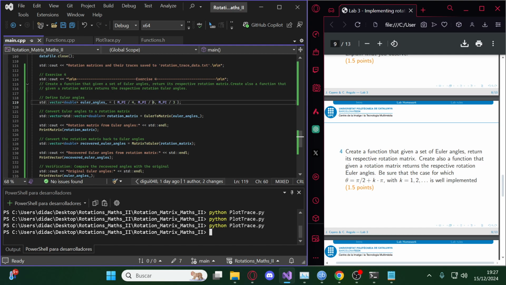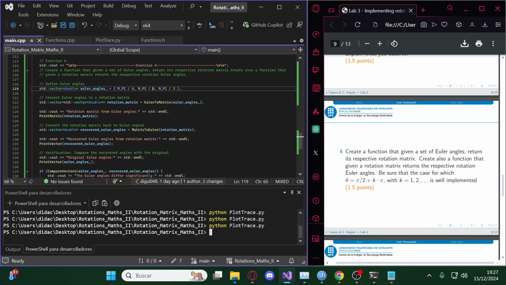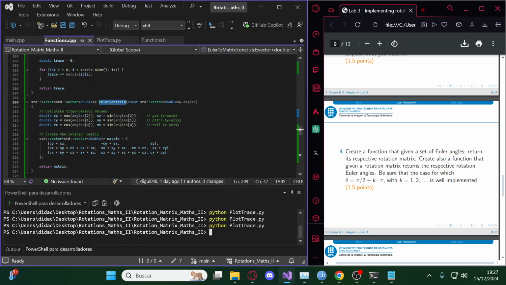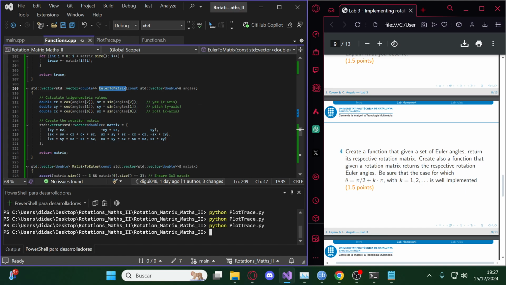We convert these angles to a rotation matrix with this function that we have used before. And we do it here, with the three values here, and the cosine and the sine, we get these values that, using this formula, we get the matrix. Alright,